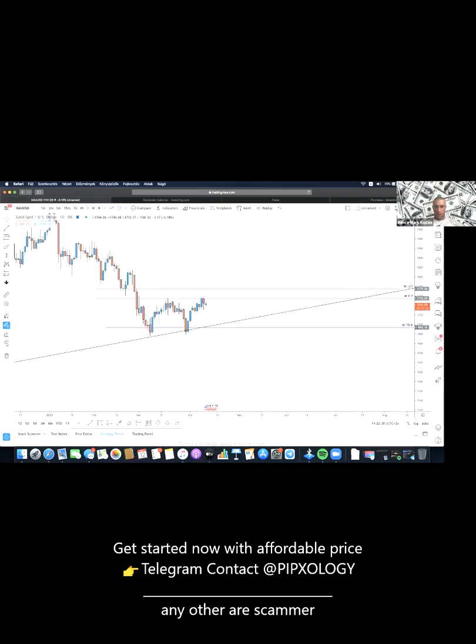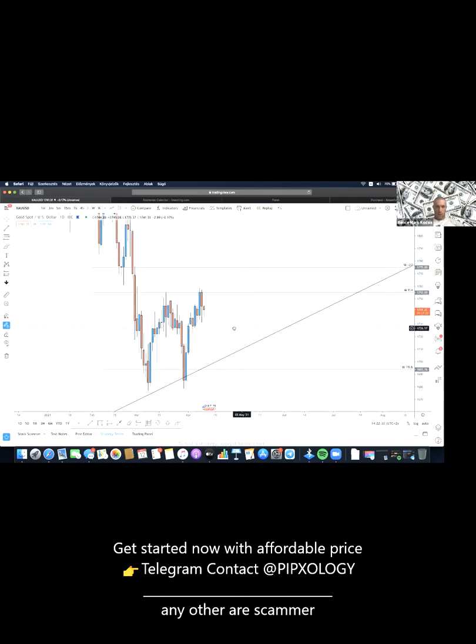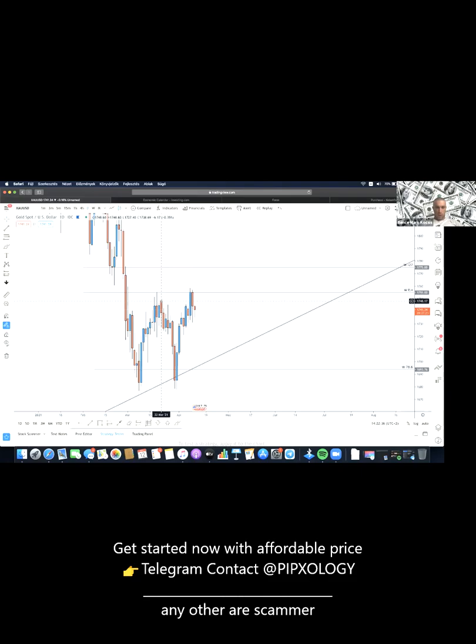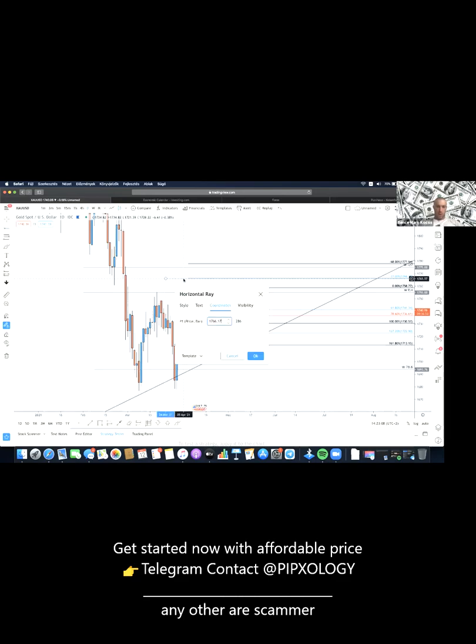Let's go on the daily. The daily is a little bit tricky at the moment. Looks like it made the structure break on the daily, and if you check the structure at this point, it still creates higher highs and higher lows. So it's still possible to continue higher with a bigger pullback to the downside. Also, you can see the price came back to the 78.60 and looks like it rejected today and started pushing to the upside. So I'll just put one more line to here. Let's use 65,